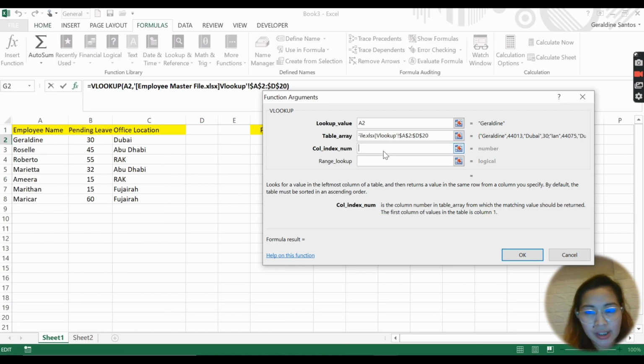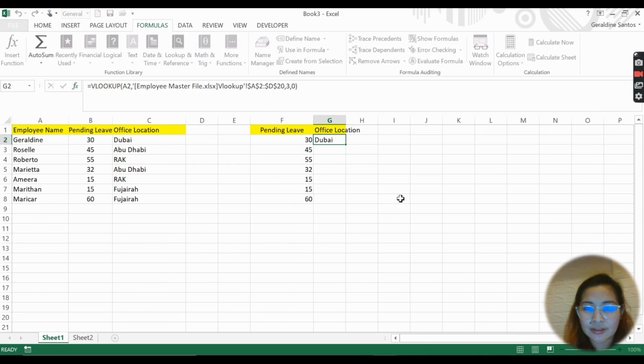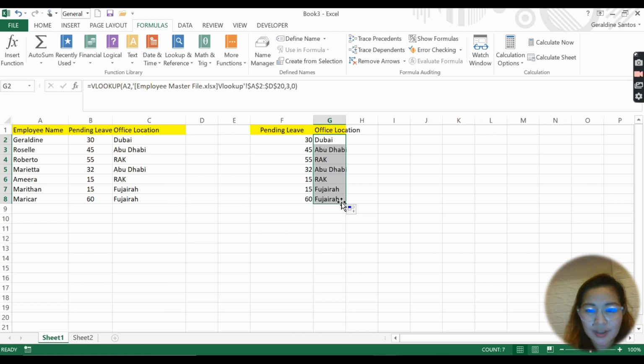So put number 3, and then put 0, exact match, and okay. So you will see the result is the same. So guys, it's up to you which one you want to use. You can manually type the VLOOKUP, or you can just use the formula given in the toolbar.